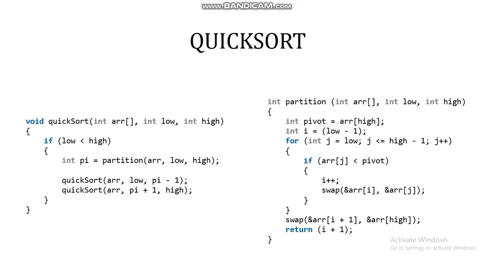Now I'll discuss the partition method. We first choose an element at random as the pivot element and swap it with the last element of the array. For the sake of simplicity, we will directly choose the last array element as pivot for now. Next, we set the pivot in its original sorted position in the array. We set the value of i as -1. We run a loop from 0 to the second last array element. The variable j acts as a loop parameter.